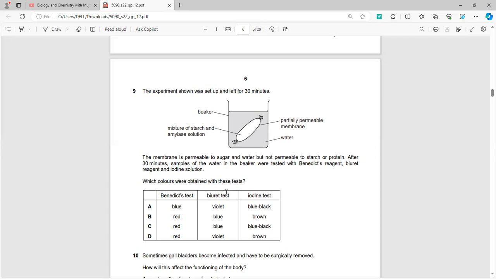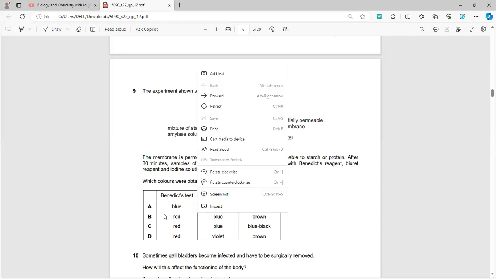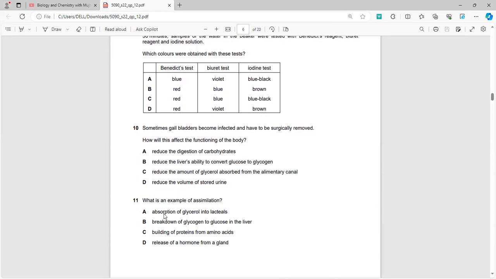So sugar will be positive, and starch and protein will be negative. So the iodine test and biuret test will consequently be negative, whereas the Benedict's test will be red. So the only option out of all of these is red and blue and brown. Yeah, the best option is B. Now on question number 10,